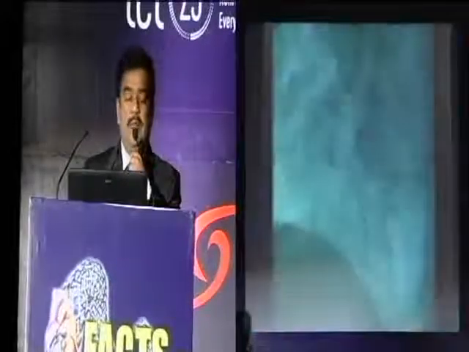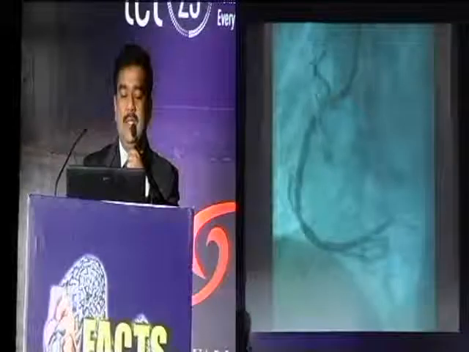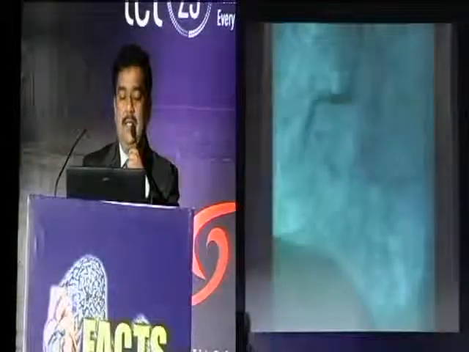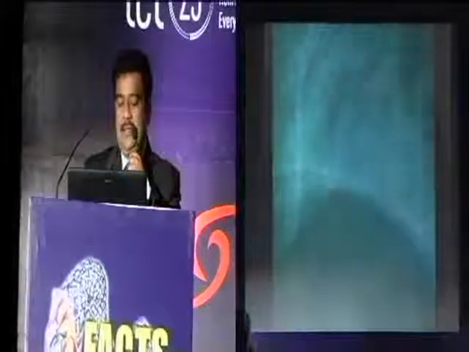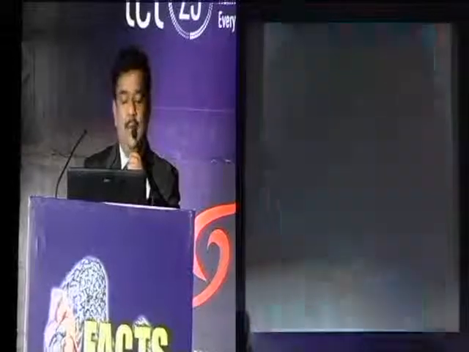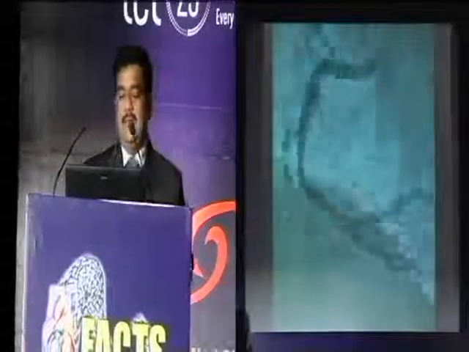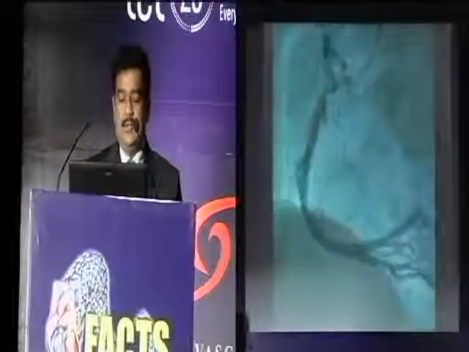We took a 4 into 28 Promus. I took a little bit longer length because I wanted to oppose the aneurysm and make a double layer there. This is the result. We got a nice result, and we post-dilated with a 4.5 NC balloon, as we thought it was a 4.5 vessel, and the aneurysm is almost occluded. We waited for about 10 minutes on the table, then took a final shot, and the aneurysm is almost gone. So we achieved an excellent result on the right side.